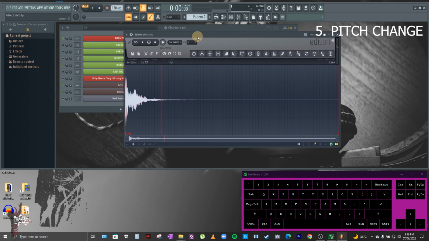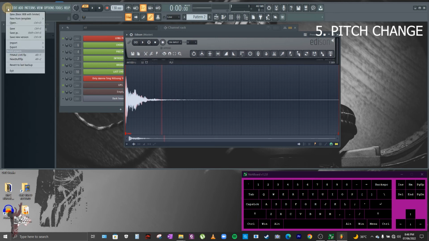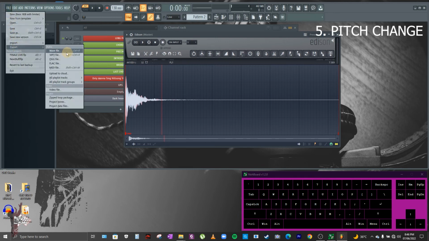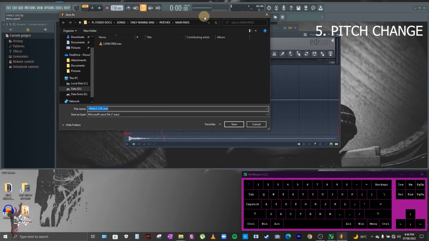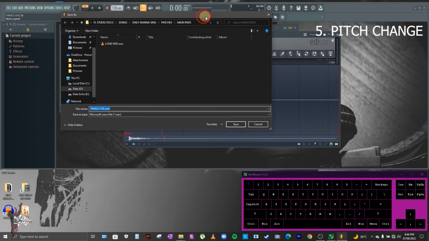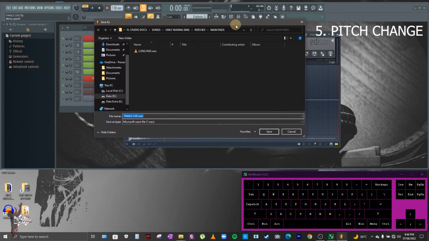Then the next step will be the export process. We'll need to click export, click wave file. Now it opens up a folder pop-up. It means you will save as another MP3 or wave file in the location you want on your screen.